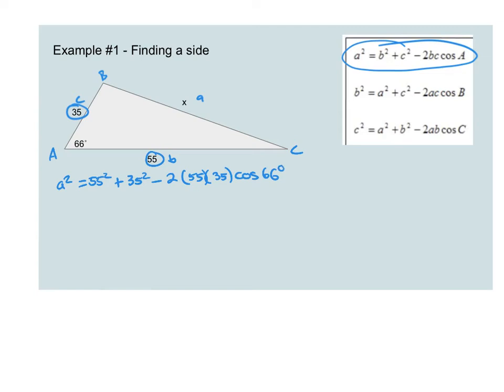Now, you're going to want to put this all into your calculator at once. You don't want to hit equals after any of these. A lot of times when people do that, they get stuff messed up with this minus and the order of operations. So just make sure that when you do this, you put this all in your calculator at once. When you do that, you're going to end up with